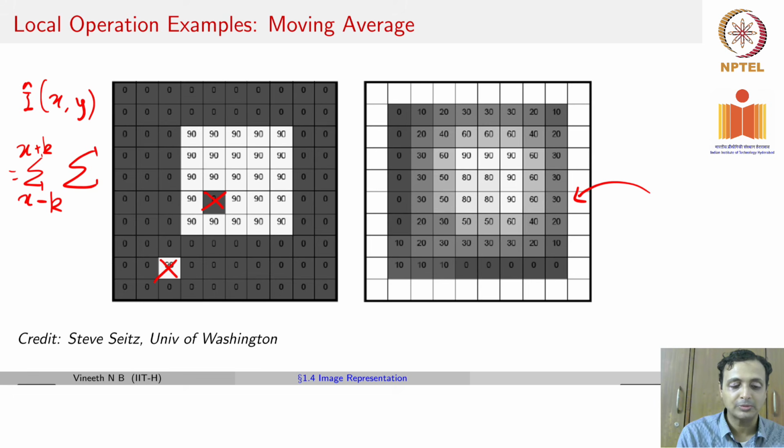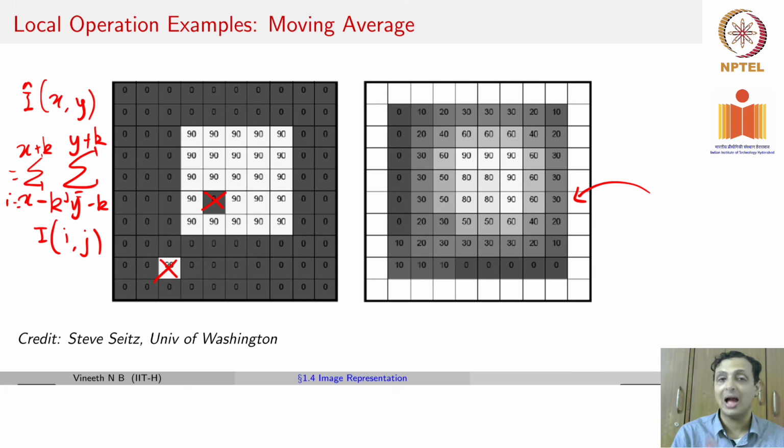Similarly, you're going to go from y minus k to y plus k, and let's call this I, let's call this j. You're going to take the values of all those pixels in the input image,